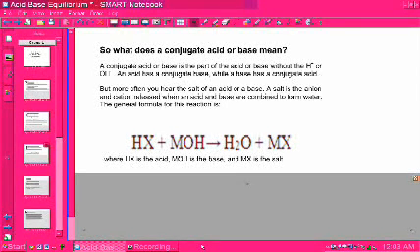But more often, you hear the salt of an acid or base. A salt is the anion and cation released when an acid and base are combined to form water. The general formula for this reaction is HX plus MOH goes to H2O plus MX, where HX is the acid, MOH is the base, and MX is